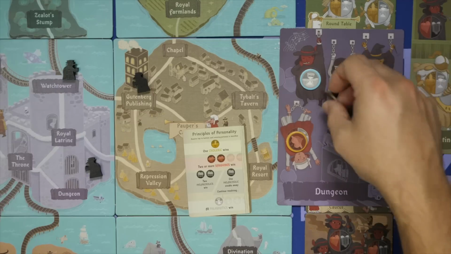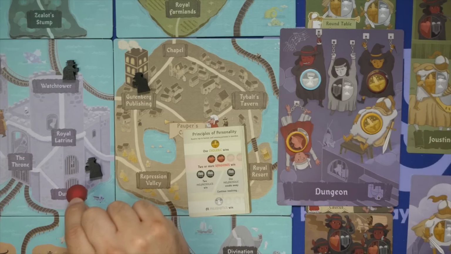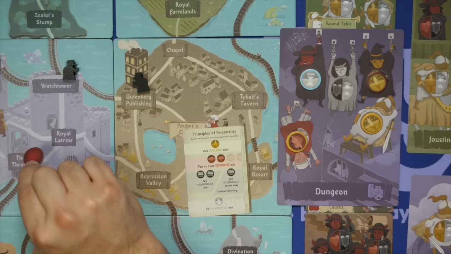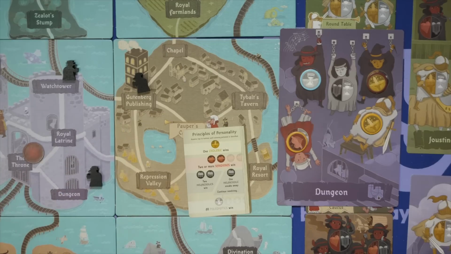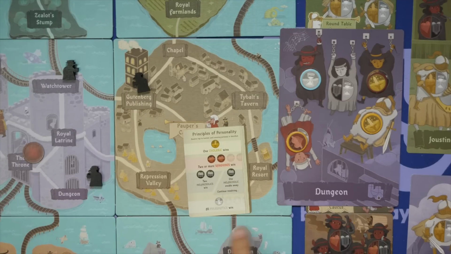So what does sneak away mean? Sneak away means that instead of this person going to the dungeon, they sneak away from the dungeon, 1 away, following one of the paths. So perhaps they'll end up in the throne. So it's a good way to make it onto the board, just not exactly where you thought you were going to. You get to sneak away 1 and place your token out,